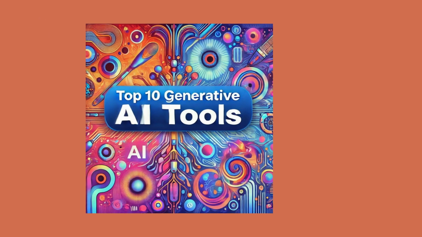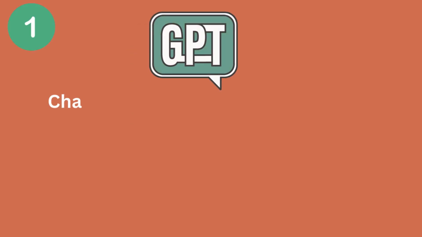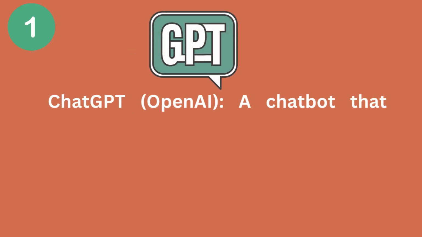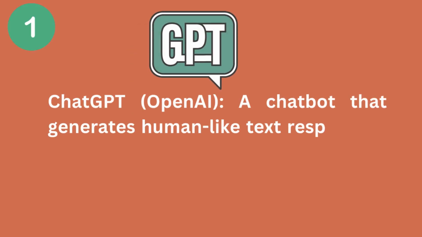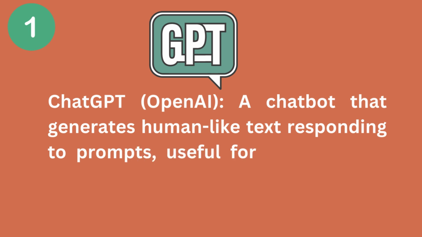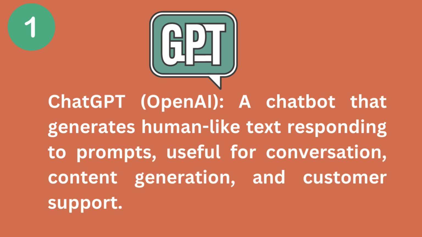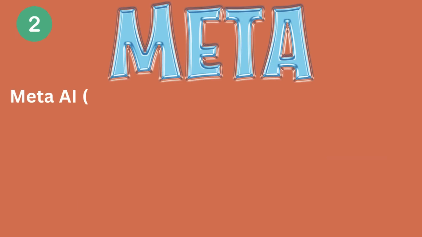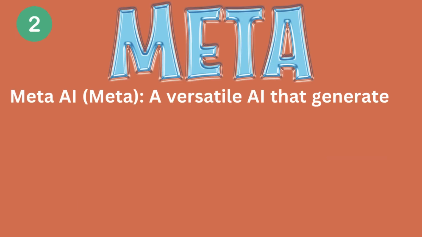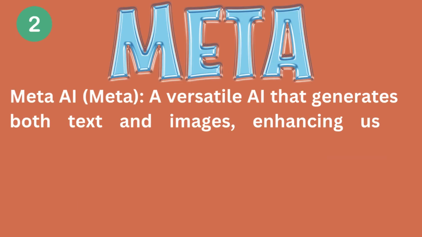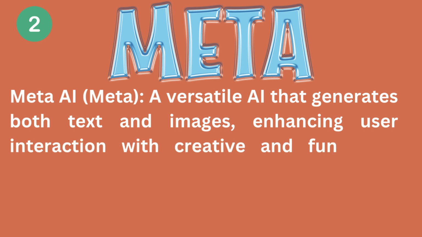Top 10 Generative AI Tools. 1. ChatGPT. OpenAI, a chatbot that generates human-like text in response to prompts, useful for conversation, content generation, and customer support. 2. Meta AI. Meta, a versatile AI that generates both text and images, enhancing user interaction with creative and